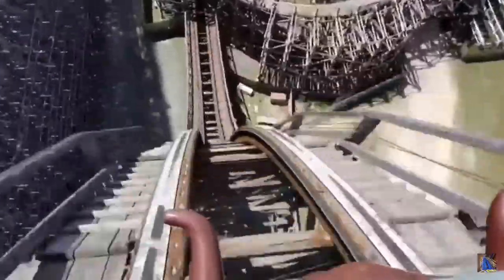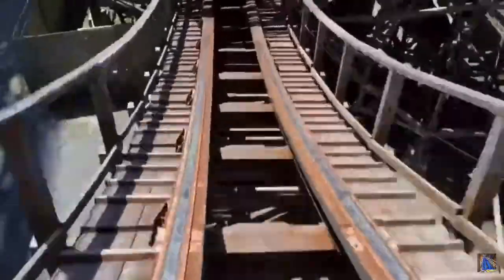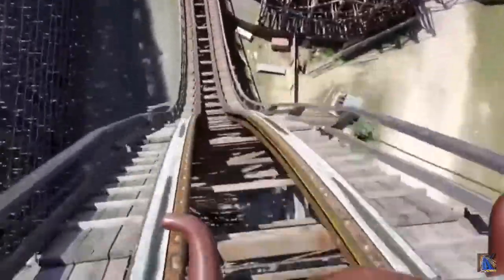Now this drop is absolutely incredible. It is my current second favorite coaster drop I've experienced behind Skyrush. And it's so good. It's 176 feet tall, I'm pretty sure, 76 degrees. You get whipped over. It's so steep. And the front's good, but in the back it really whips you over,